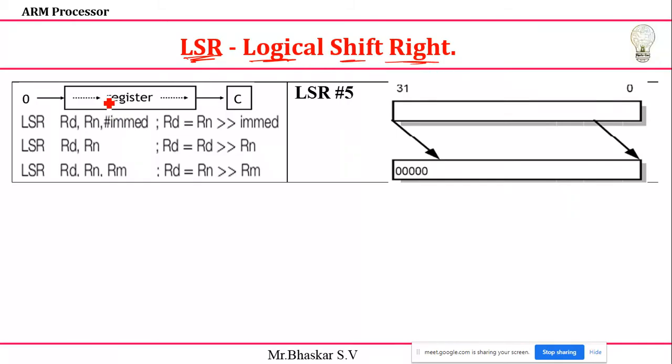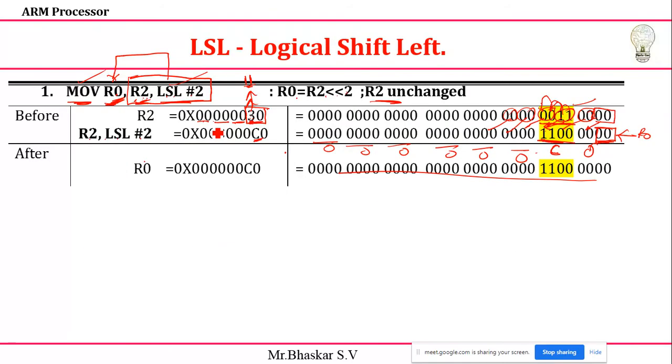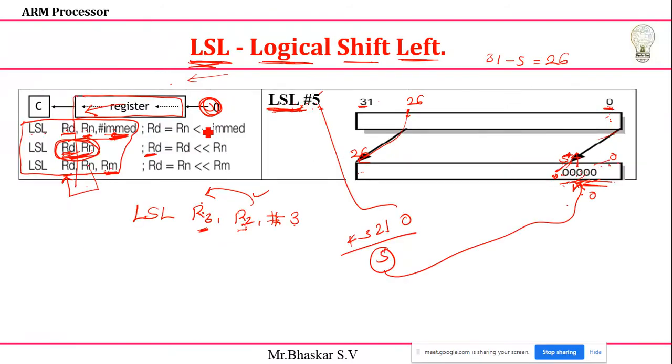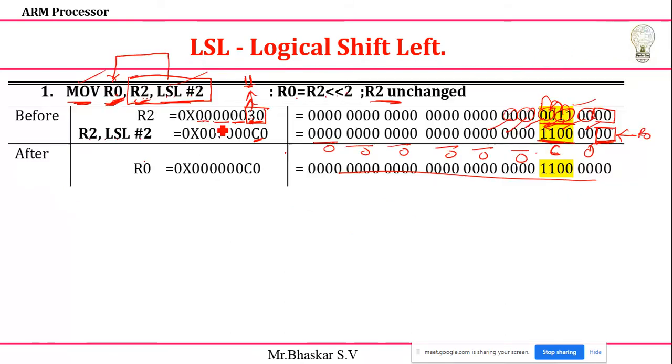Okay. So same process. Zeros we need to add. We need to shift the data to the right side, and zeros you need to add based on the given values. Again same process. Instead of LSL you have LSR. That's all. Same instructions I'm going to use. You can use the immediate values, or you can use 2 registers, or 3 registers here and 2 registers also you can use. How will it work? Rn value will be shifted to the right side. So previously, you can remember, it was moving left side. This is the left side. Now it is moving to the right side.